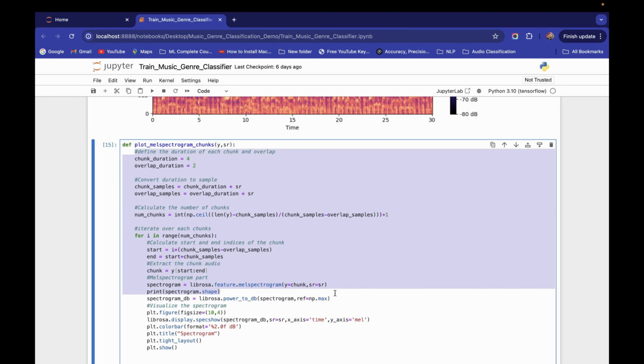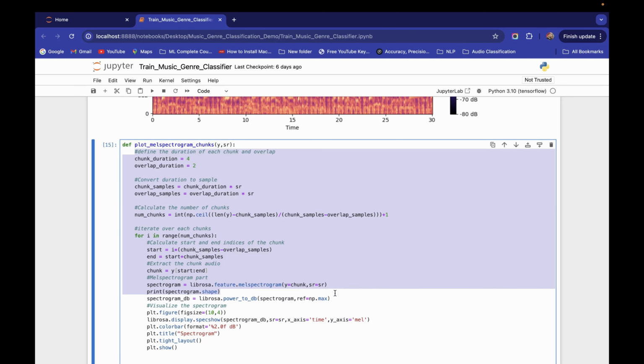If you want to try this, you can compute this function, return the value of this spectrogram from here, and apply np.expand_dims on that value, and you will see exactly what it is doing. After that apply this resize also, and you will get a 150 cross 150 matrix. I will show you later when we are printing the result. So it will expand the dimension of this mel spectrogram array.